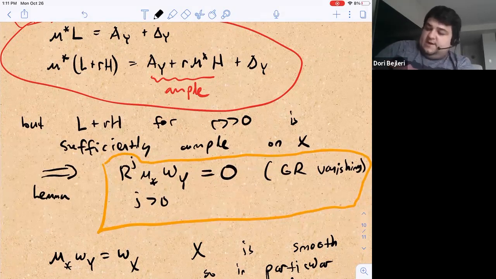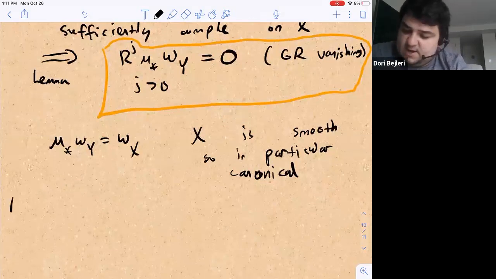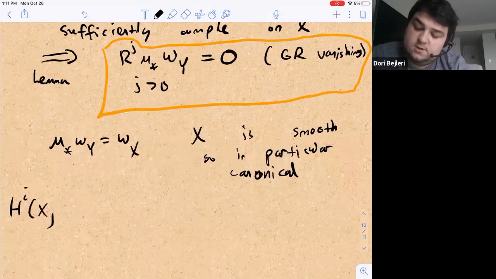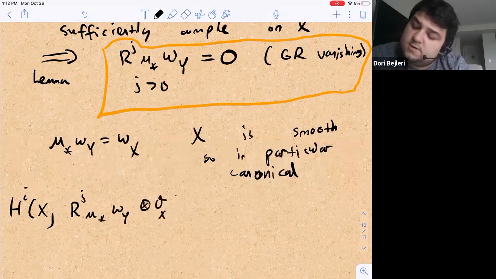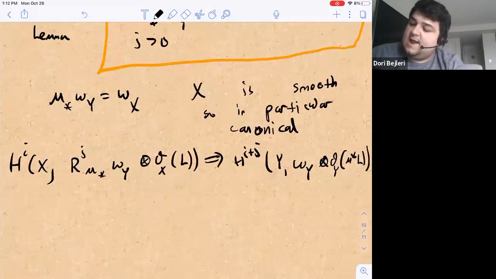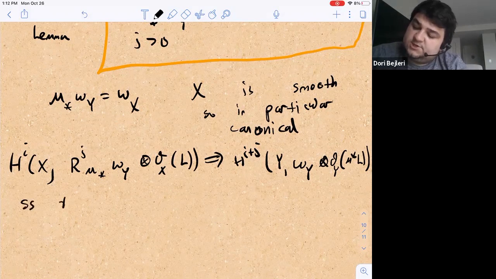Because now we know that the Leray spectral sequence doesn't contribute any cohomology for ω, and we know that when we push forward, we just get ω_X. So now we just write down the spectral sequence. H^i on X with coefficients in R^j μ lower star ω_Y tensor O_X of L abuts to H^{i+j} on Y with coefficients in ω_Y tensor the pullback of L. And now all these terms vanish except for the j equals 0 term. So the spectral sequence degenerates